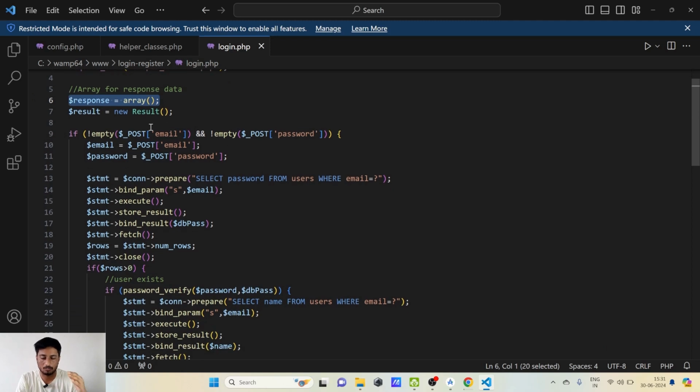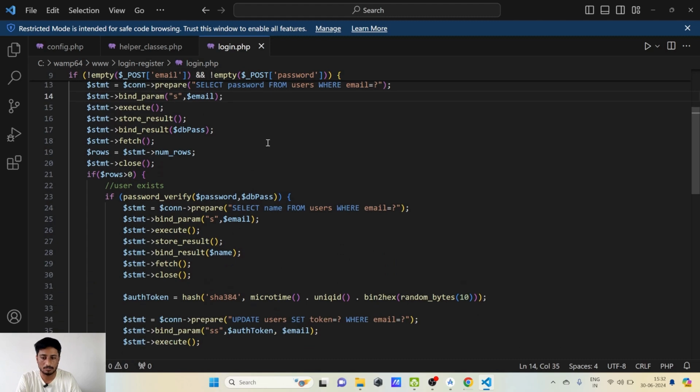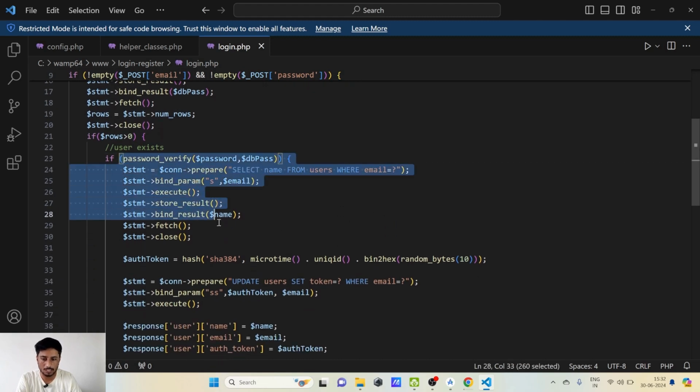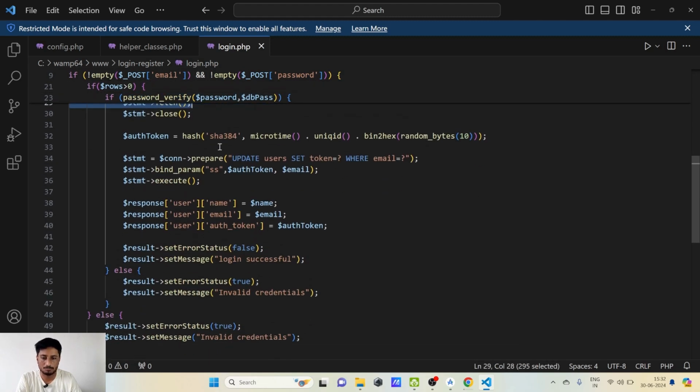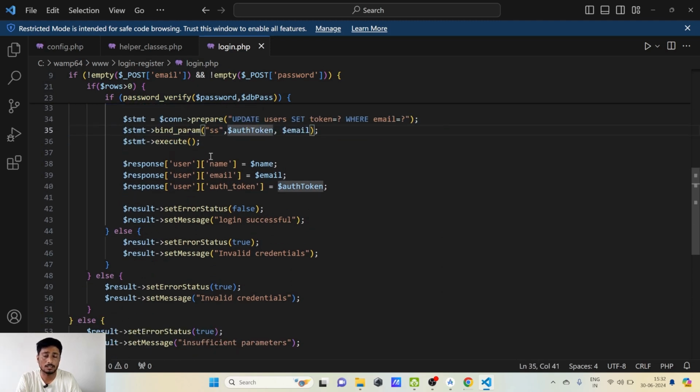Here it will listen to whatever post request we will be sending, whatever post value we have passed here, and it will check if it is empty or not. If it is not empty, it will further do the work. It will first fetch if the user exists, and if the user exists, then it will verify the password. If the password is verified, then it will go and fetch all the user details. In our case, it will be a name, email, and authorization token, and it will respond back with these